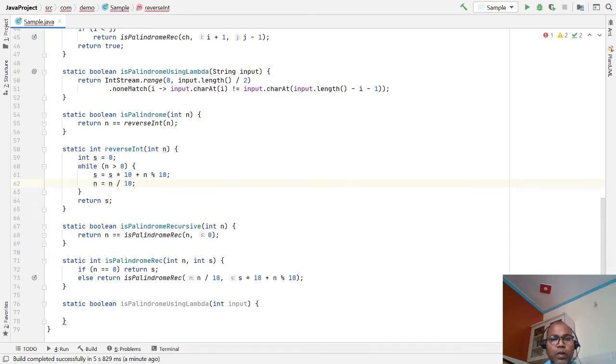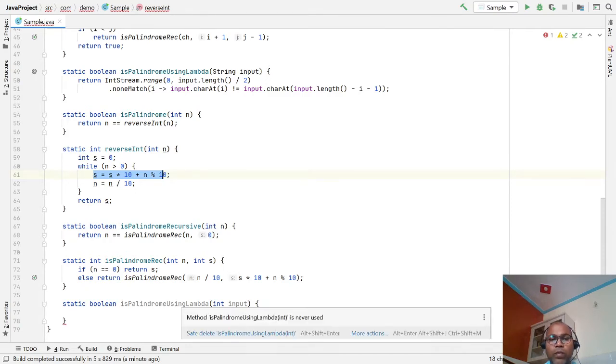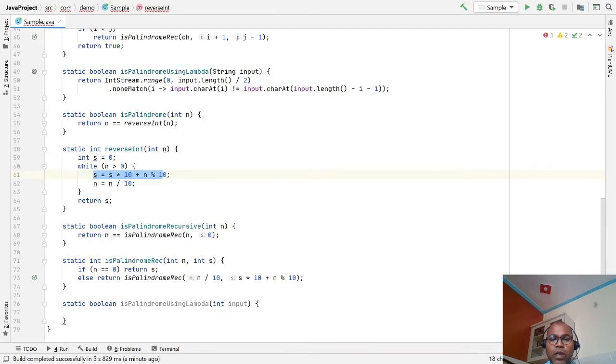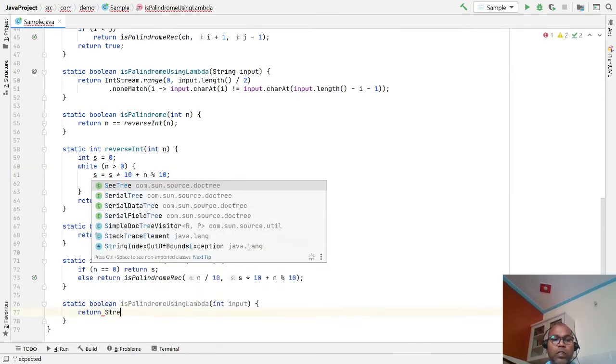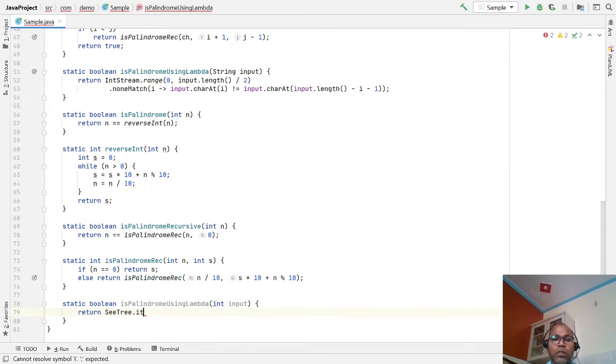We are iterating the number and checking if the number is greater than 0, that is number divided by 10 greater than 0, then we are just summing those values. So stream provides some kind of iteration function, some kind of reduce function, and summation. So I'm going to return stream dot iterate function.